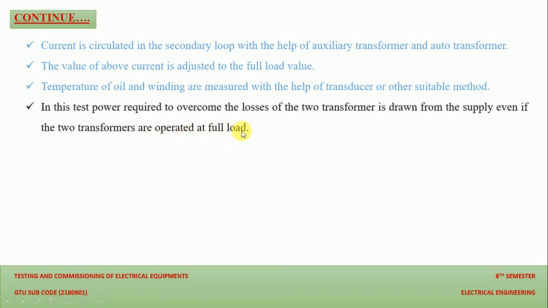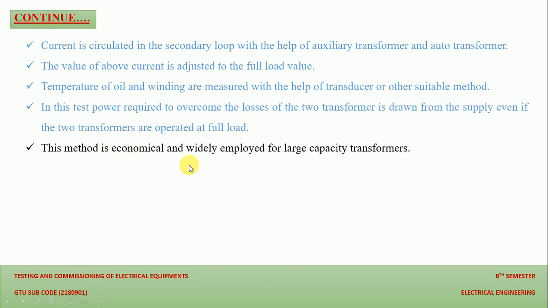The power required to overcome the losses is drawn from the transformer which is connected with the source, while the load is on the other. This method is economical and widely employed for large capacity transformers